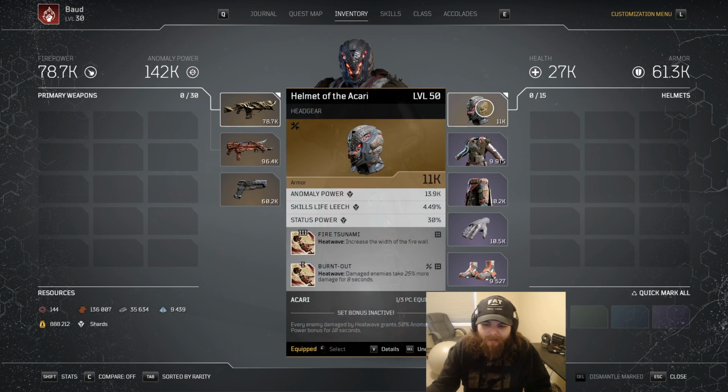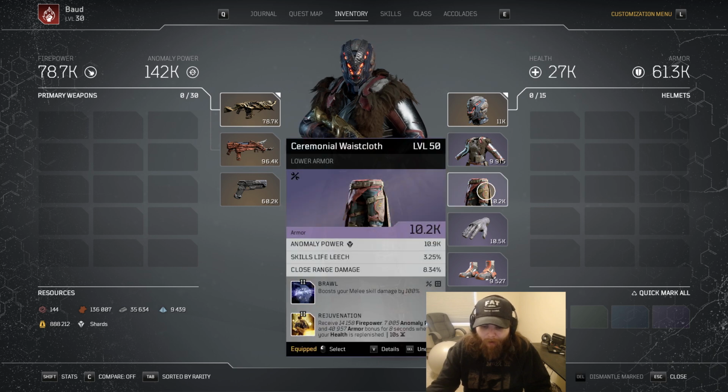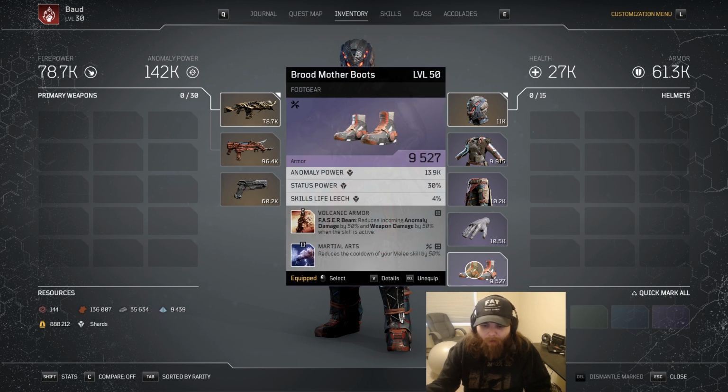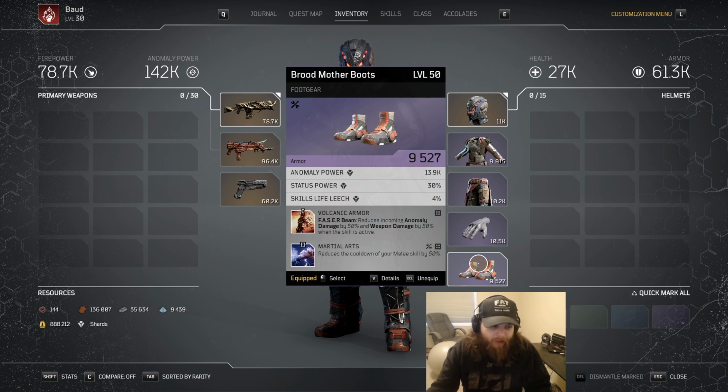But yeah, you can see our mods here. We've got Fire Tsunami, Burnout. We've got Untamed Power, Perseverance Shield. We've got Brawl, Rejuvenation. We've got Lava Shots, Bullet Kindling, and we've got Volcanic Armor and Martial Arts. Obviously, this is still the same boots I've always had. I still want to get rid of Volcanic Armor here, but I just can't until I get better boots that drop. So right now we're stuck with that. And you'll notice I do not have Golem here. That is a deliberate choice. Martial Arts is pretty much a must need for the build to function, just because that 50% cooldown is...